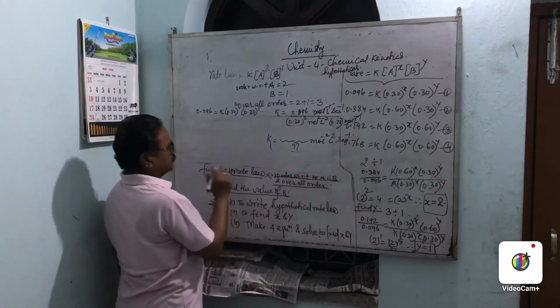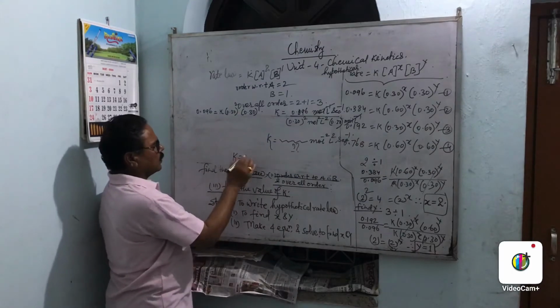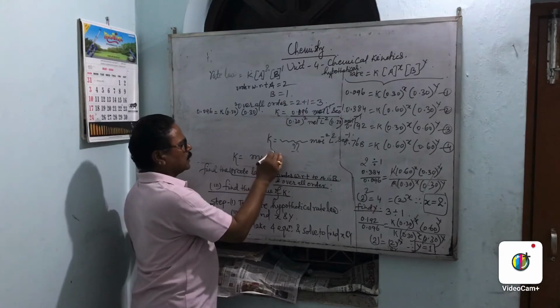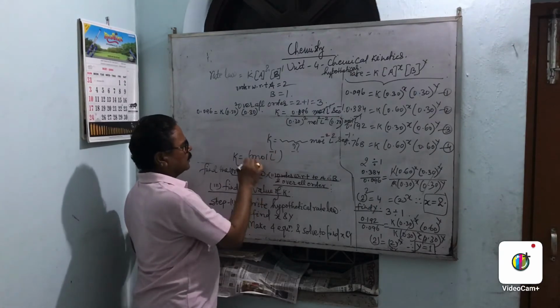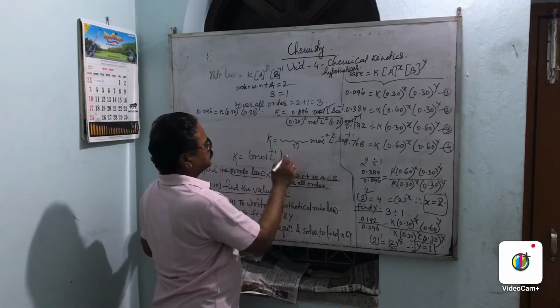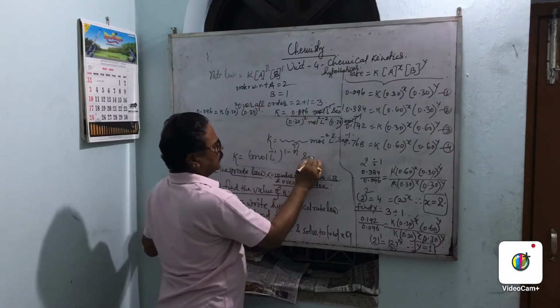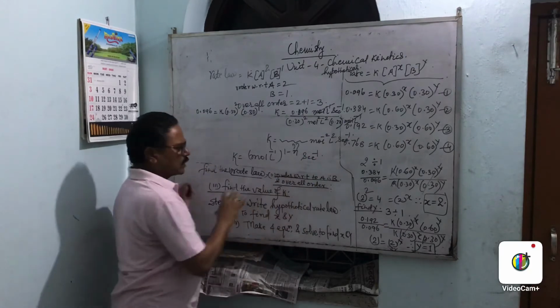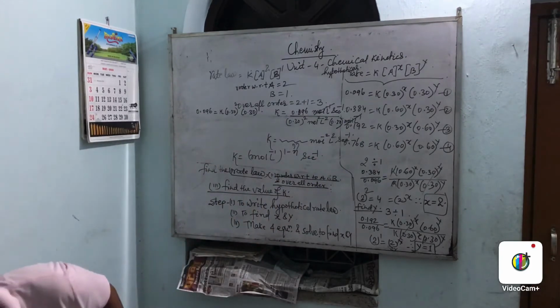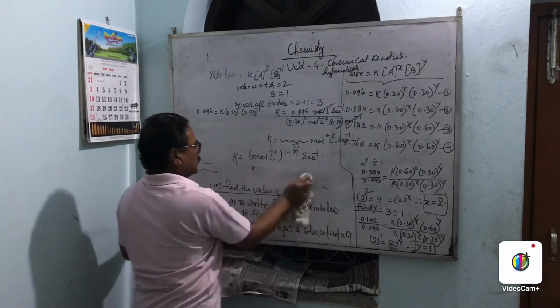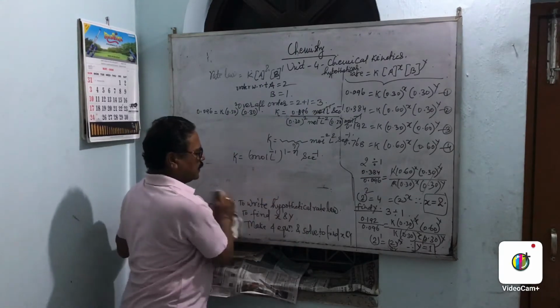Now you check. I have given you the formula, that K is equal to mole per liter, 1 minus n, or second inverse. So put the value here, we have found the order for this reaction is third. So we put the value of the third order in the equation.